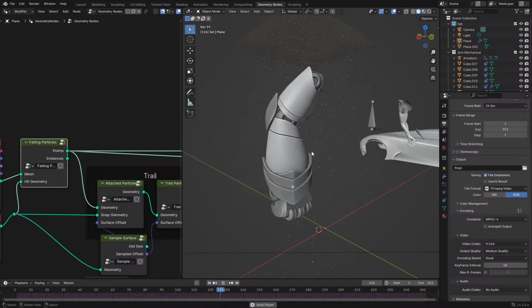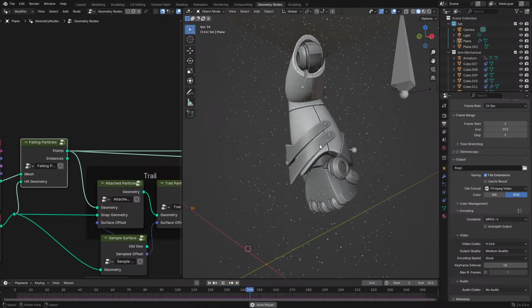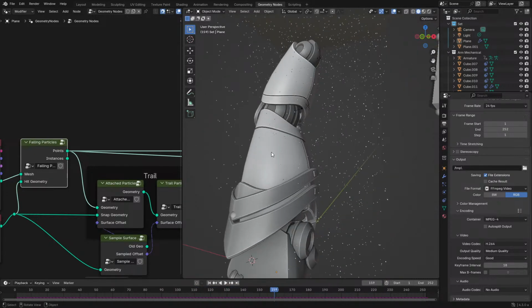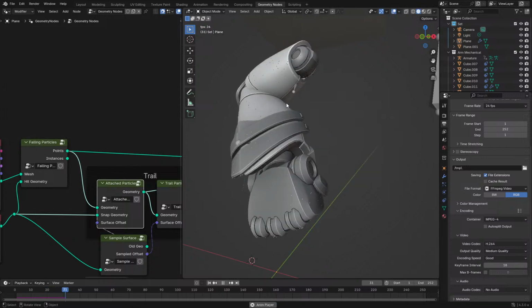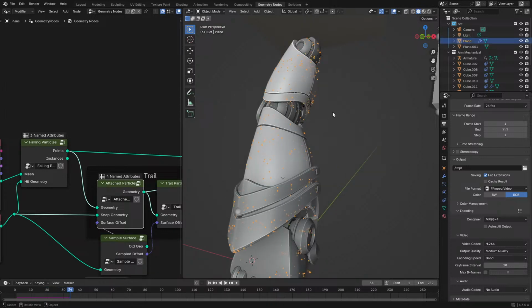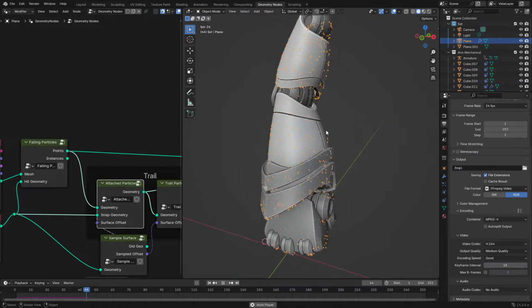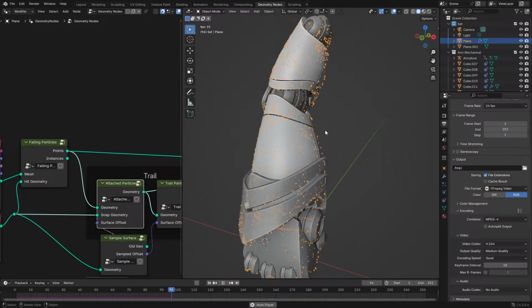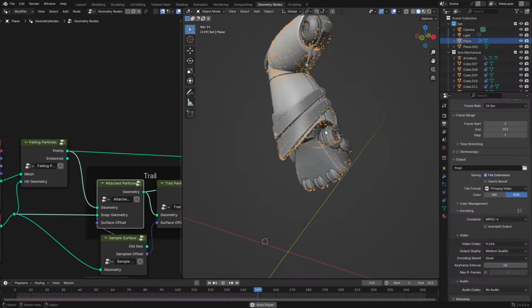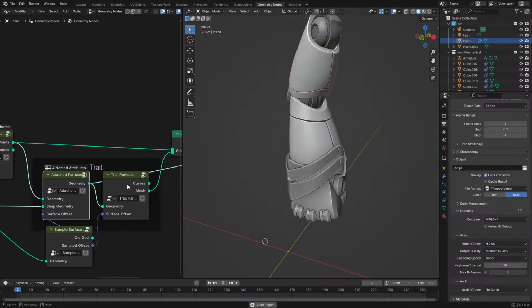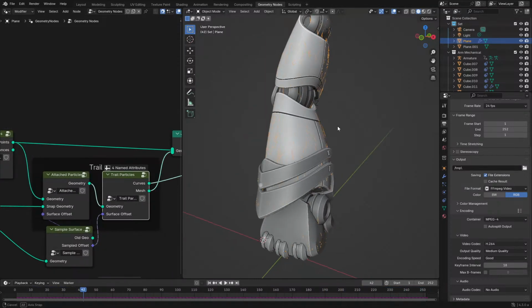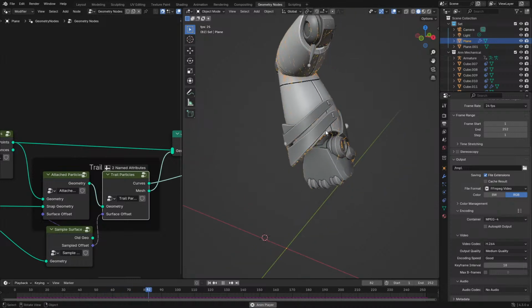being just the falling brain particles that collide with the arm, and then they delete, but when they delete, they have the attributes so that they can transfer over to the attached particle system. In this case, oh, you can't even see it due to the selection. There we go. Here, the particles are attached to the geometry, and they fall down according to gravity, drag, all that cool stuff. And then after that, we have the system that trails the particles, but the trails are also